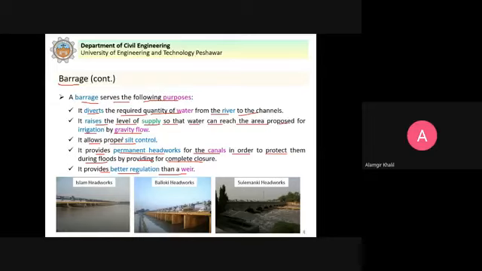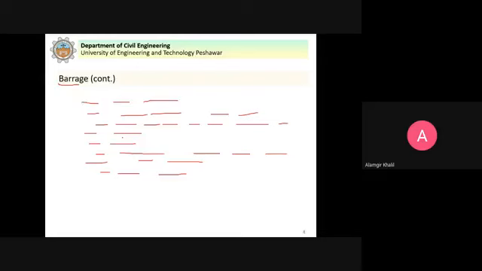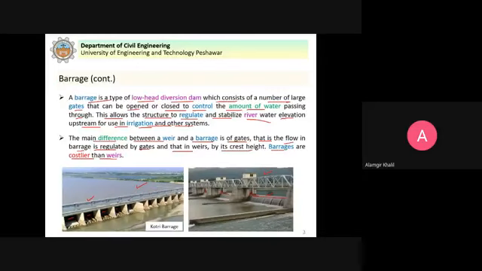Similarly, on top of the barrage, we can construct a roadway with little additional cost. But in case of weir, it is more costly. Clear? Because in case of barrages, we already divide this length into different bays by means of the piers, and it is very easy to construct the road on top with little additional cost.